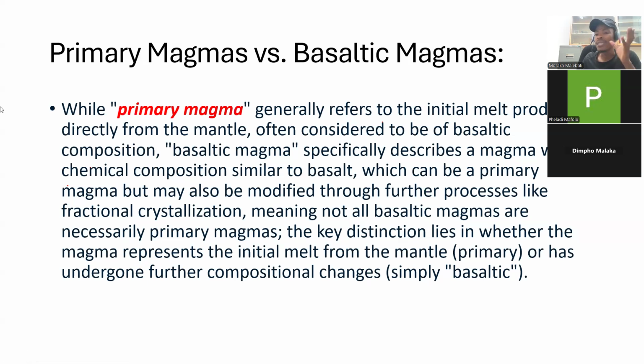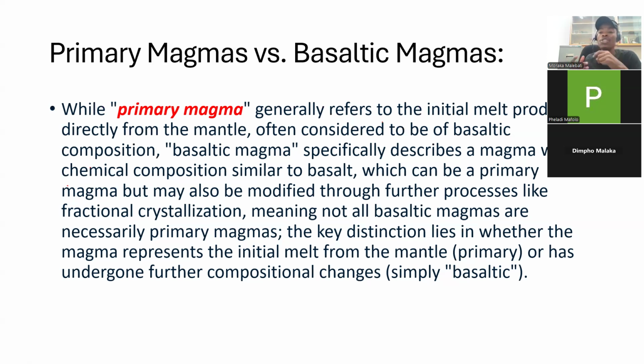Now, obviously, people normally confuse the primary magma with the basaltic magma. They are not really the same. When we are looking at basaltic magmas, the term describes a magma with a chemical composition that is similar to basalt. And we know basalt has dark materials,